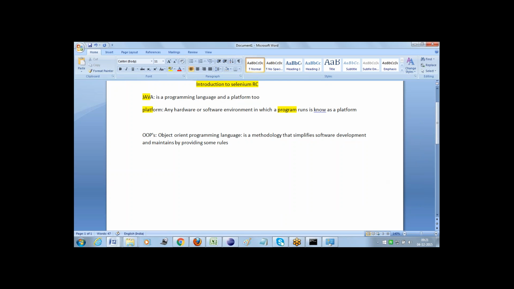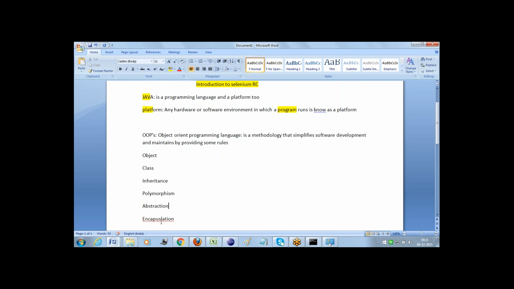This object oriented programming language supports various concepts like object, class, inheritance, polymorphism, abstraction, and encapsulation.